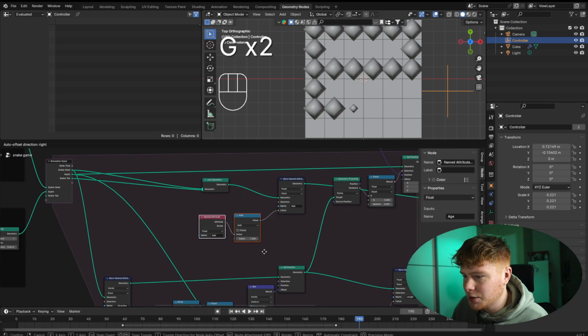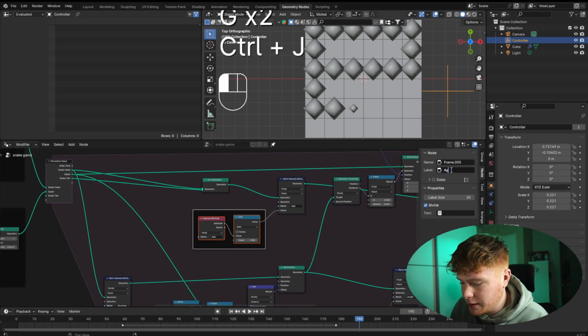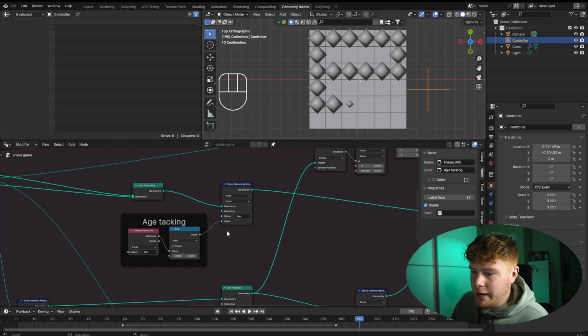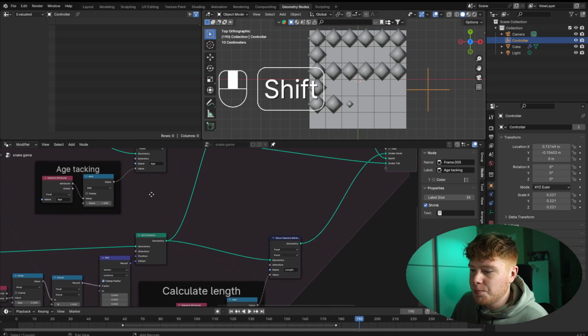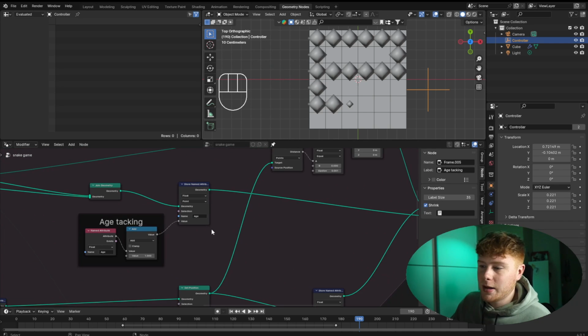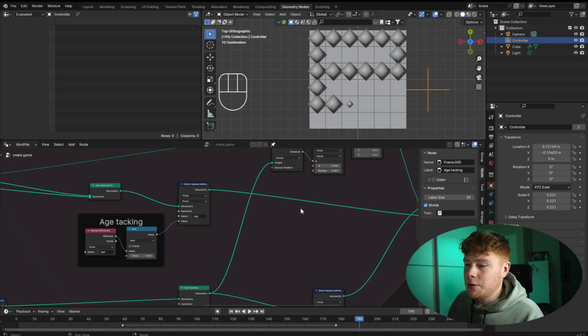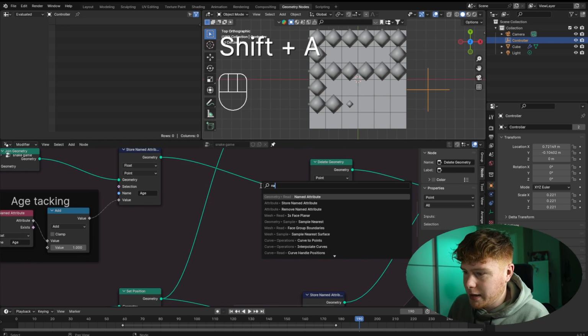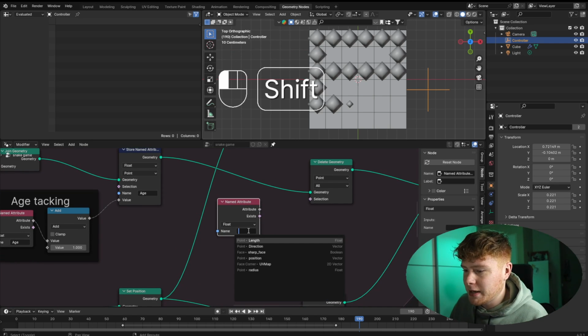And let's name this the age tracking part. Age tracking, like that. So now that we have the age, at some point the age becomes bigger than the length over here. And what we want to do is delete each point after its age is bigger than the length. So if we do a delete geometry, we can also do a named attribute, which we set as age,